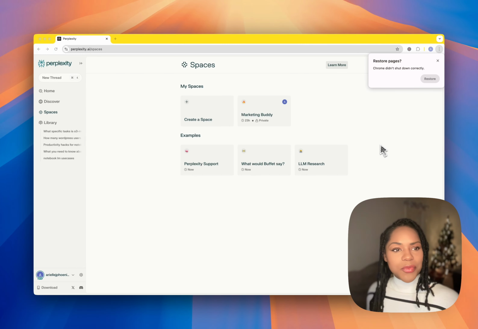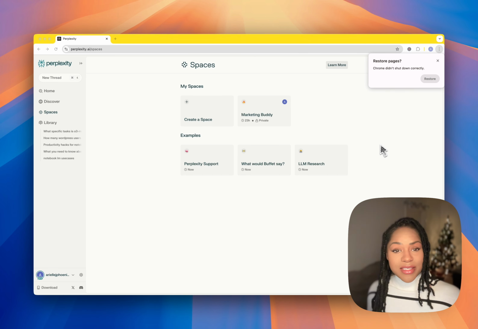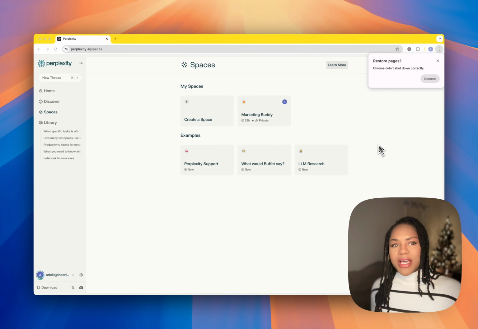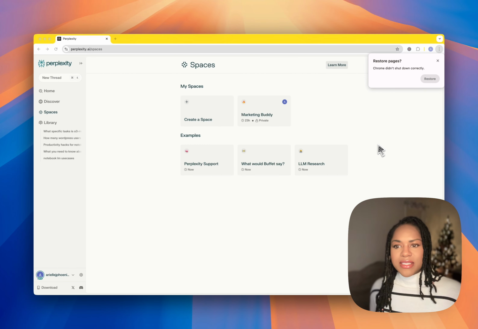So loads of people are talking about Notebook LM and all of its use cases, and I think it's an amazing tool. But Perplexity Spaces, which is an AI-powered collaboration hub, is just as good, if not better, because of some of the other features it has. And I think Perplexity Spaces is the platform that most people would benefit from if they don't want to get